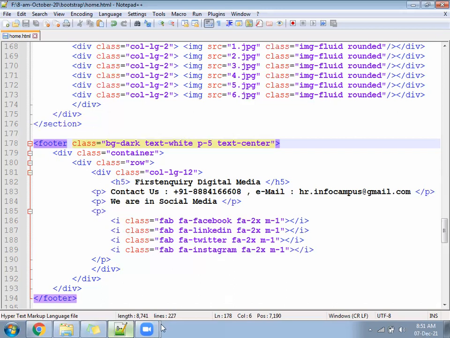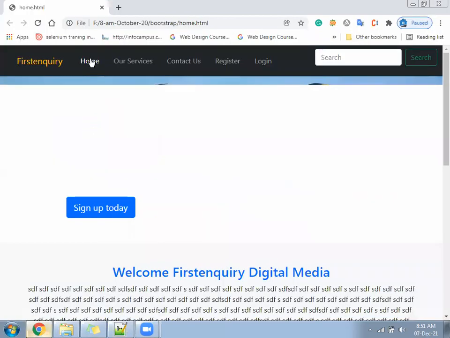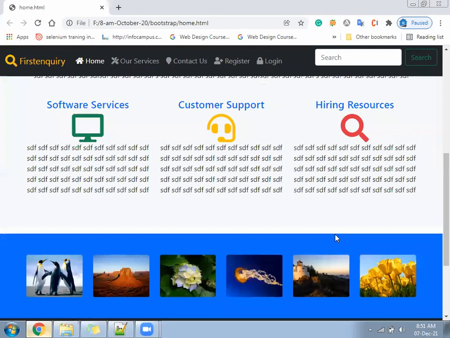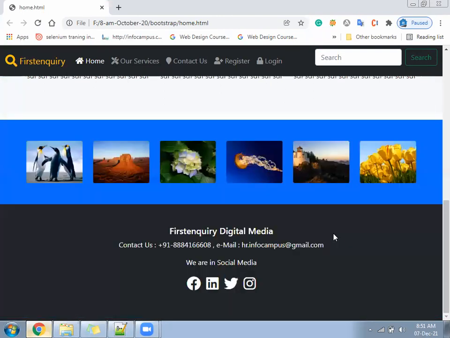Okay, hope ready. Icons are coming at the bottom. So your home page design is ready now.